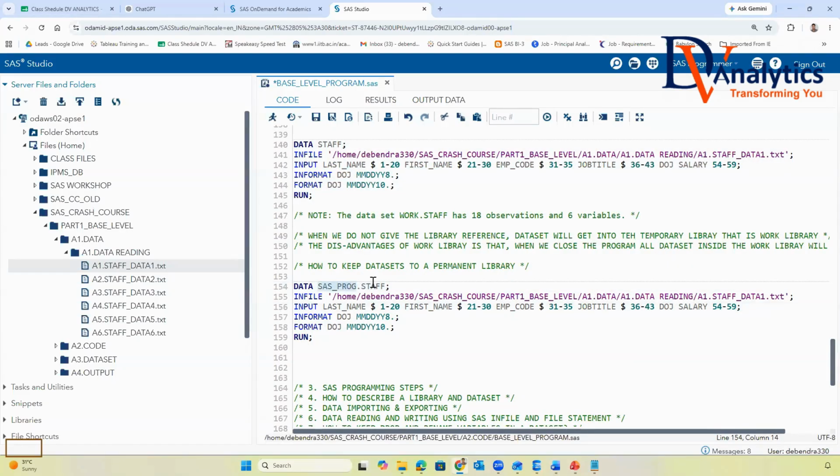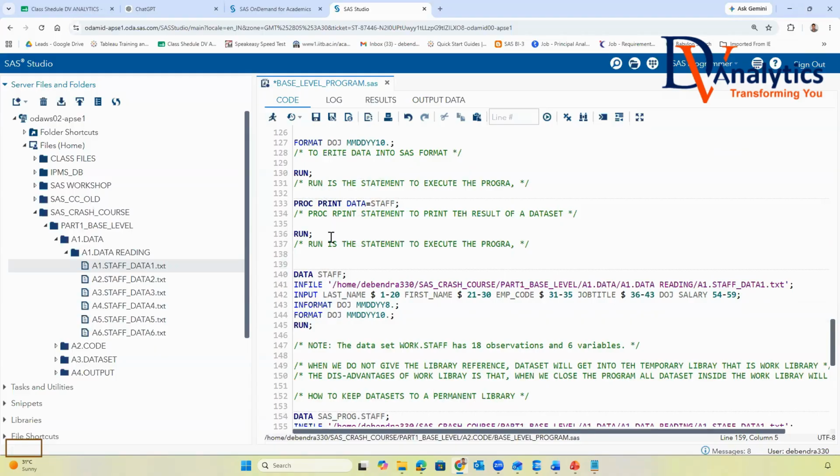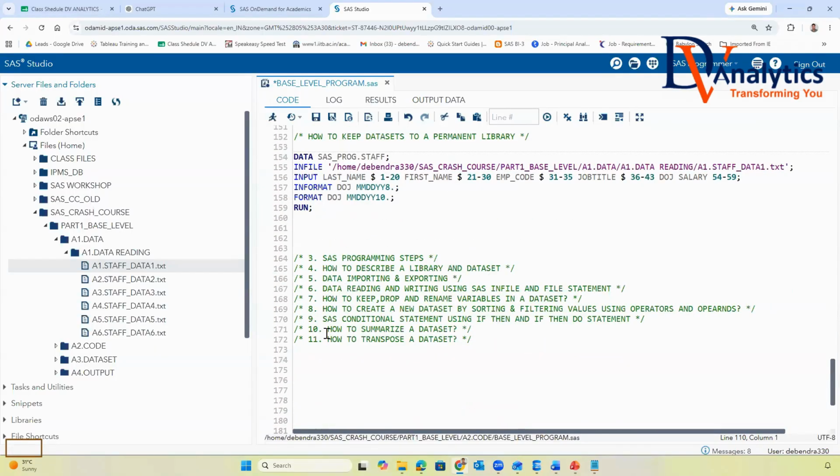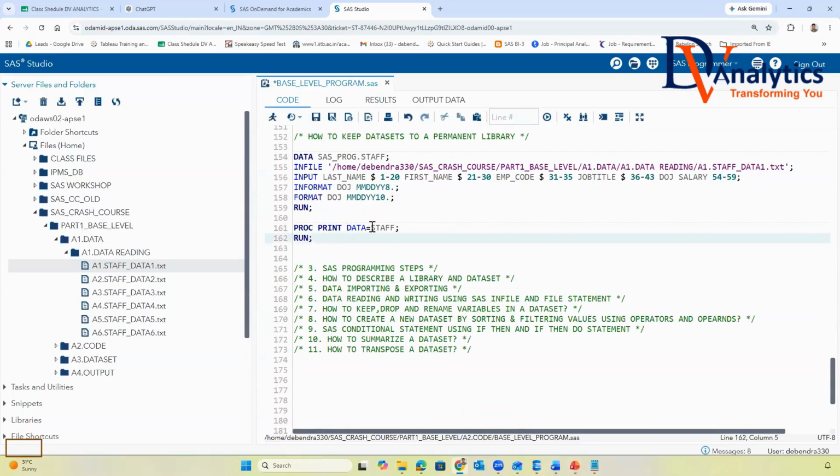This is your library and this is your data set. Now, when you go for printing this data set, you will also give a reference to the library, SAS underscore prog dot staff.